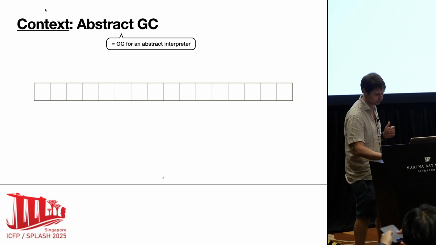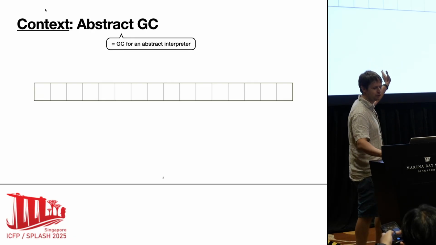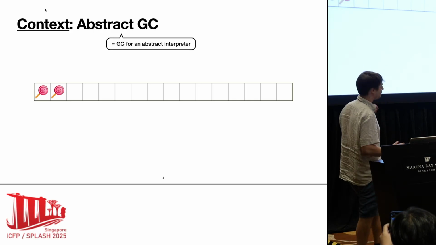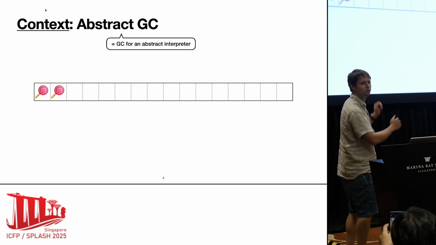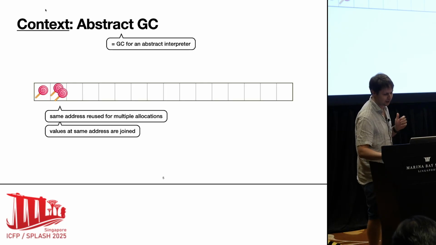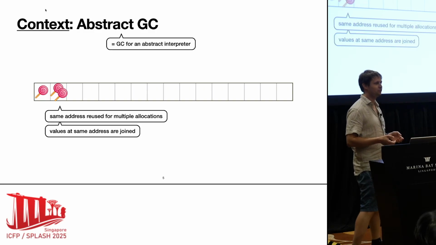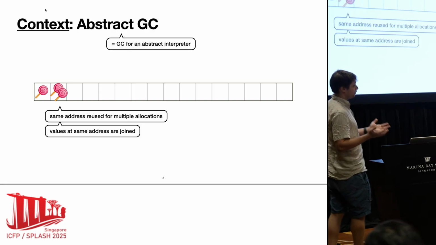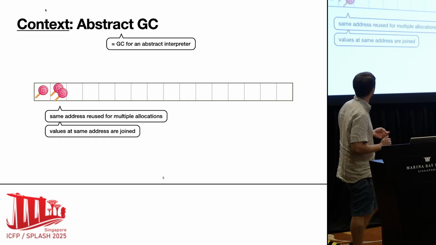To see how it works, let's say that this is the heap of your abstract interpreter, and as you are analyzing a program, certain values get allocated in this heap. I'm using lollipops here to represent values. Now, one way to ensure that an abstract interpreter always terminates is to finitize the store, to only use a finite number of addresses. But of course, that means that sometimes we're going to reuse the same address for multiple